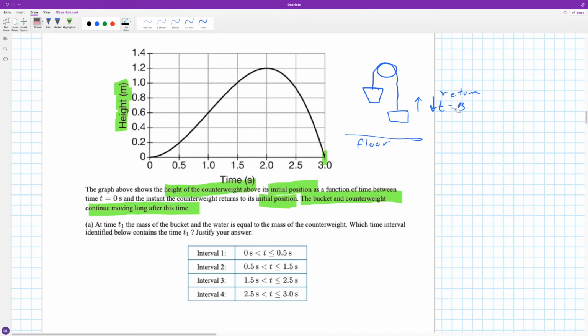And the reason why I bring this up is because we are told that the bucket and the counterweight both continue to move long after this time,